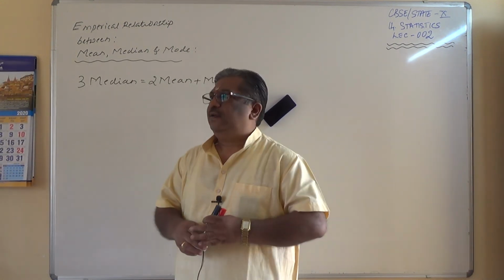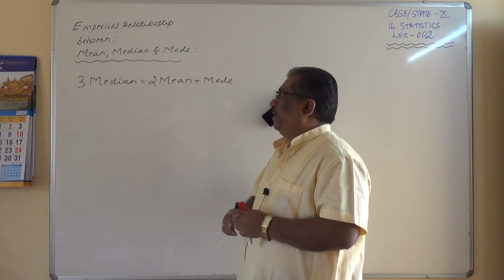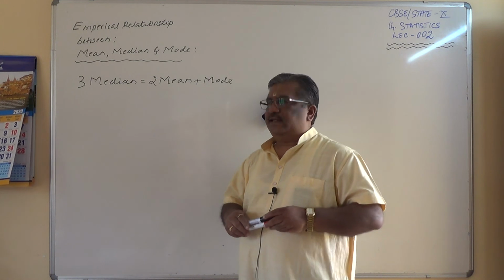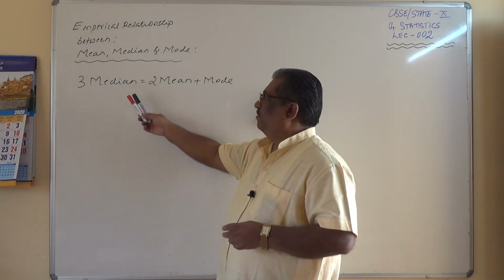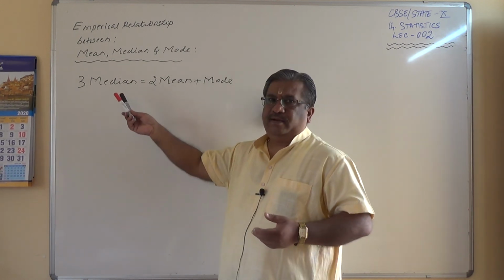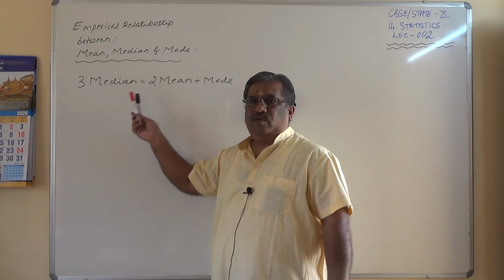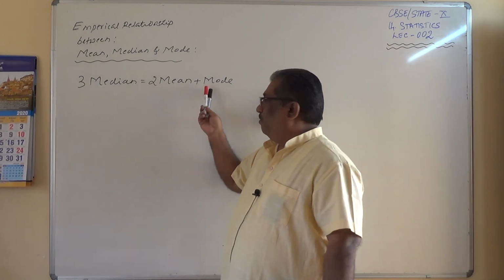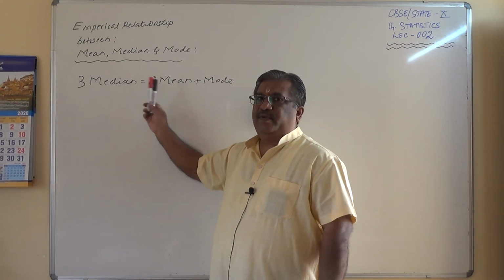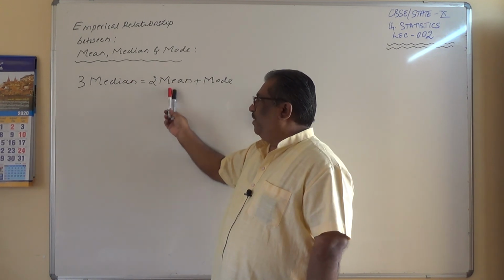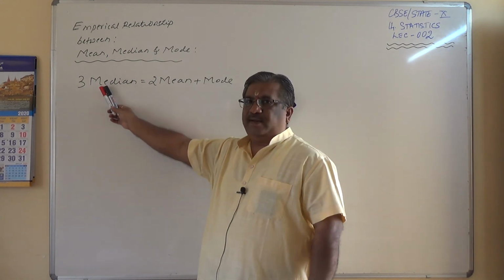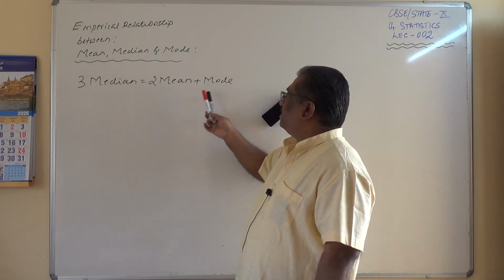Finally, we need to understand the empirical relationship between mean, median and mode, which are the 3 central tendencies. So 3 times median is equal to 2 times mean plus mode. 3, 2, 1, I can remember it that way. Coefficient, if you look at, it is 1 only. So median is very important, and then comes mean. See if you can construct some acronym so that you will be able to remember. 3 times median equals 2 times mean plus mode.